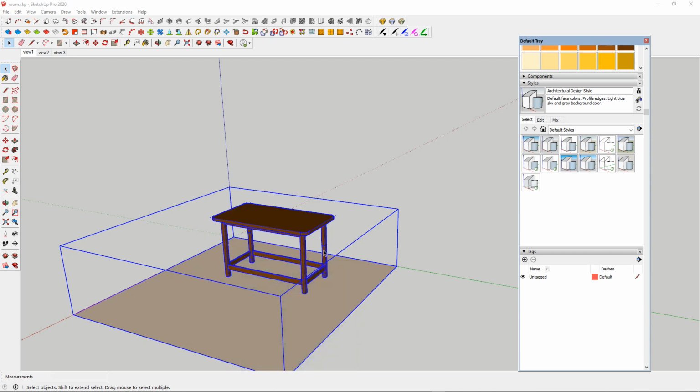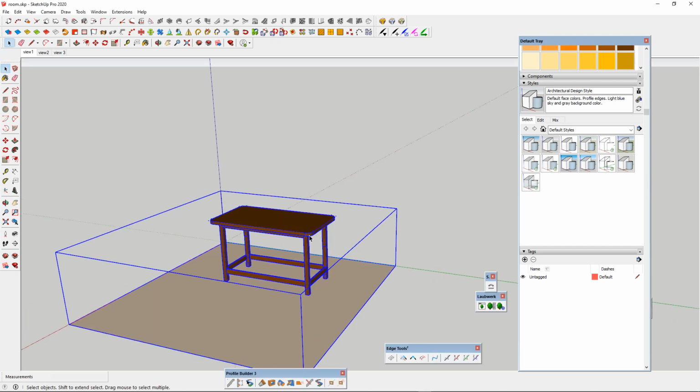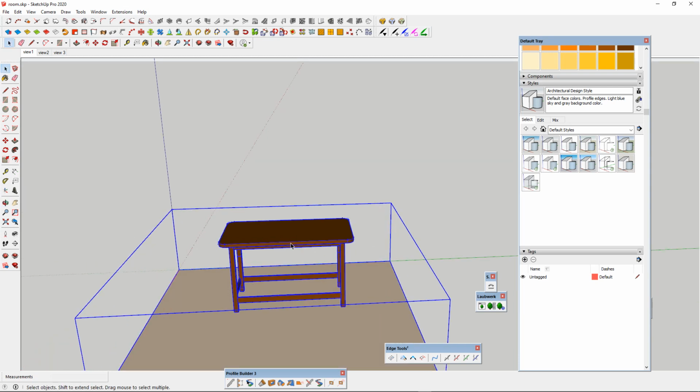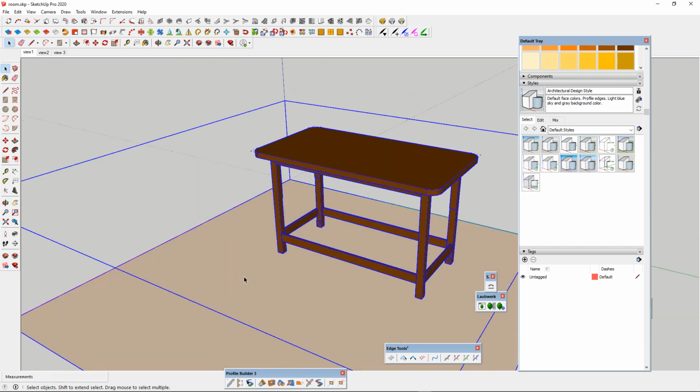At this point we are going to carry on with our scene. Now to go with this table, let's start modeling a chair. Now let's create the seating surface, which is going to be done by choosing the rectangle tool, and then you click and drag out a rectangle, type 500, 500,